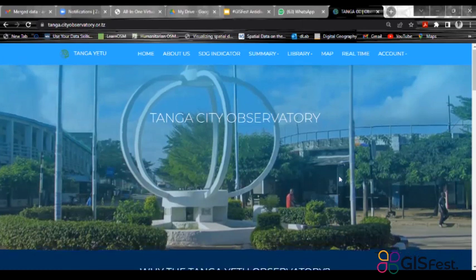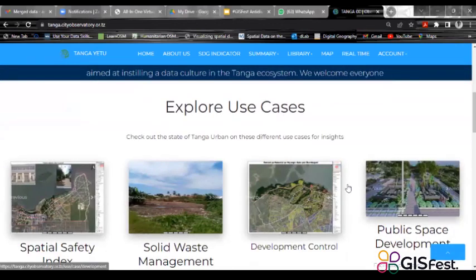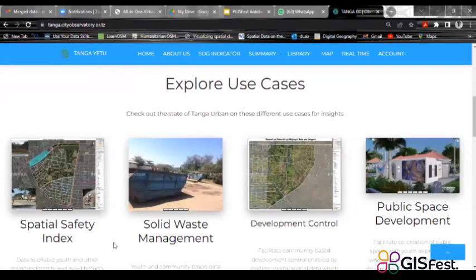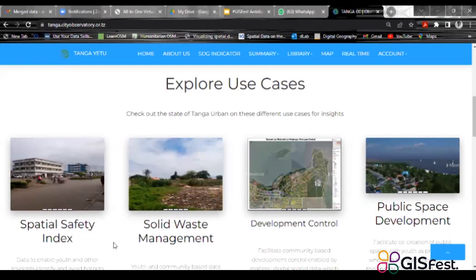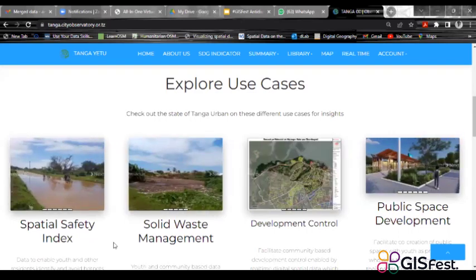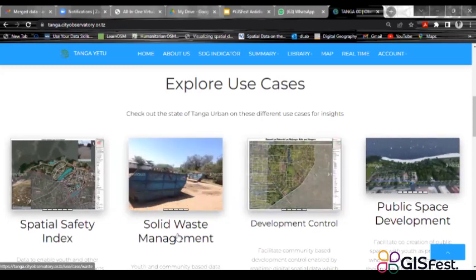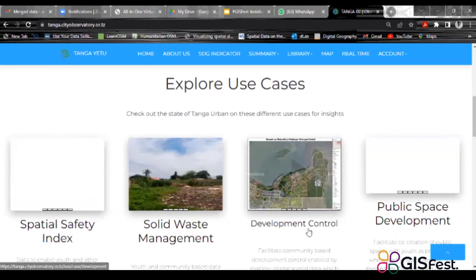So we thought of creating use cases. We have 4 use cases. We have the spatial safety index, where all the data related to the safety of people as well as their properties are received. All the data related to solid waste management are found here, as well as how to see the city growing.